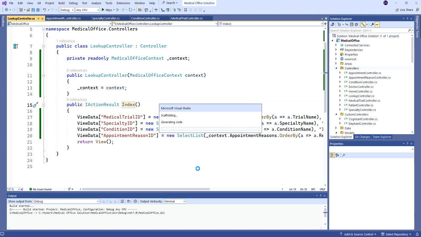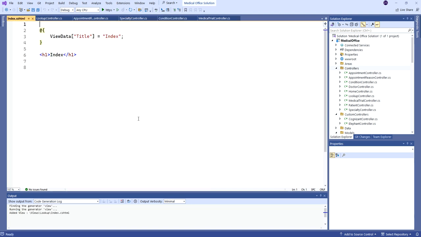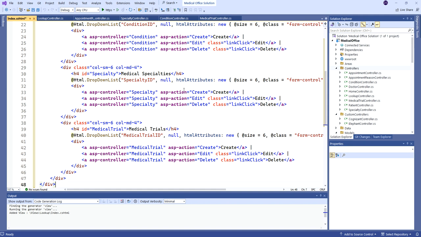All right, this shouldn't take too much longer. There we go. All right, so here's our new blank index view, right? I could worry about the title up here, but we'll take care of that later on. But let's focus on the actual lookups themselves here, right? So what I'm going to do is I'm going to put an H2 up here,